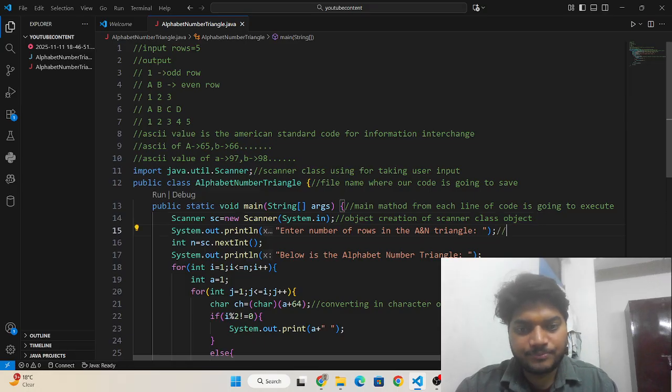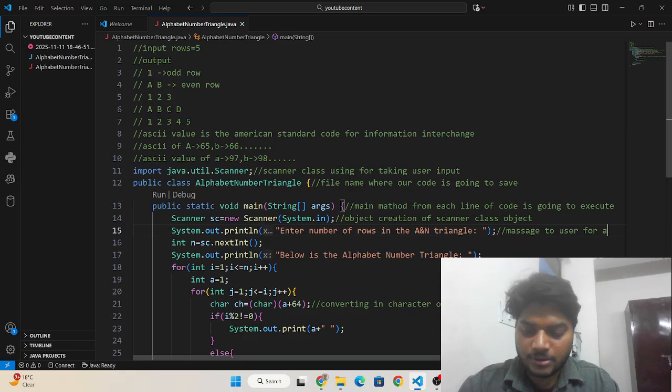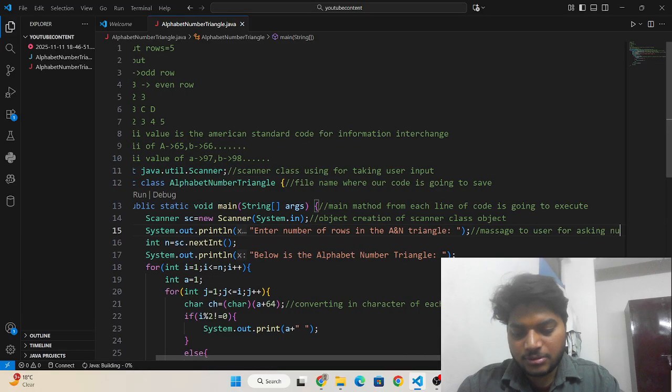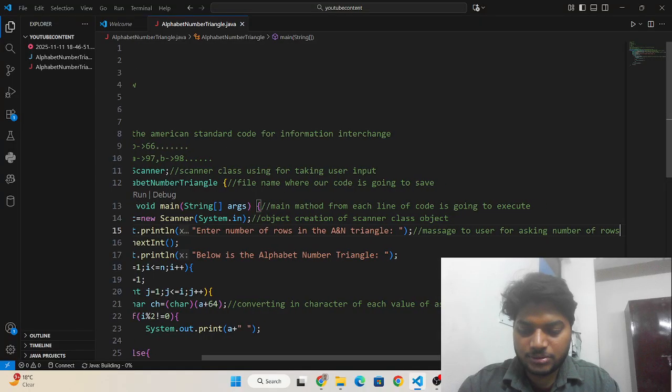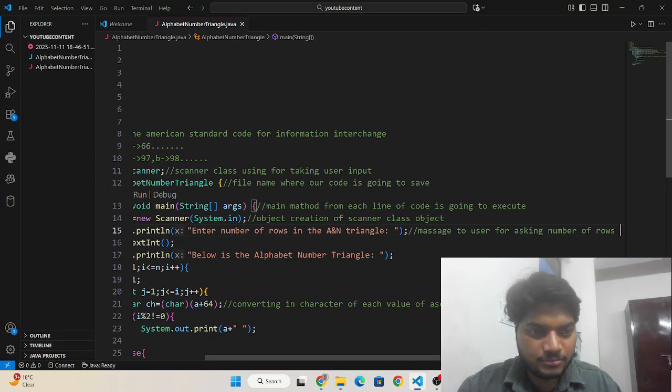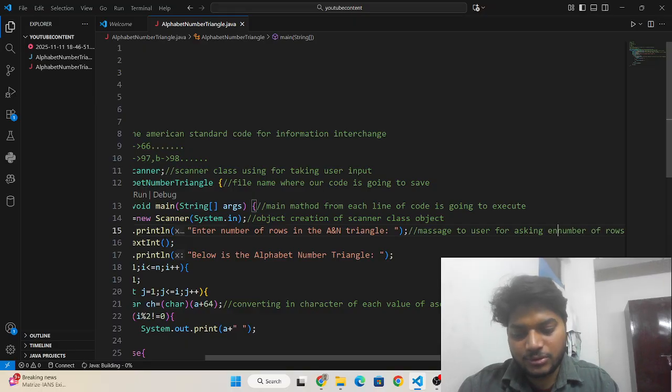This is the message to user, asking the user for the number of rows to enter.